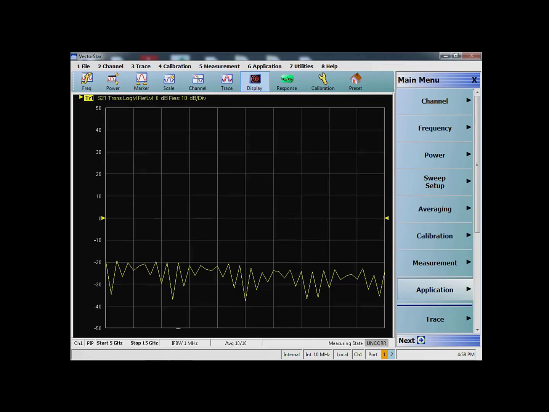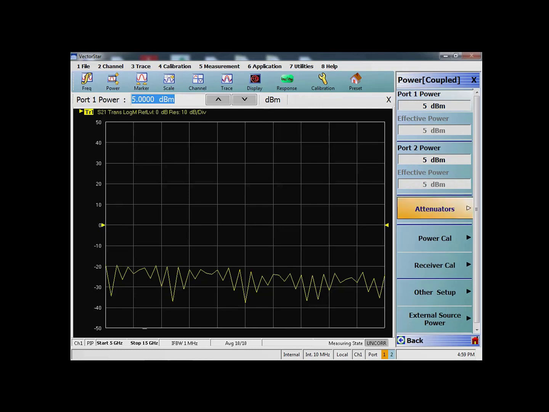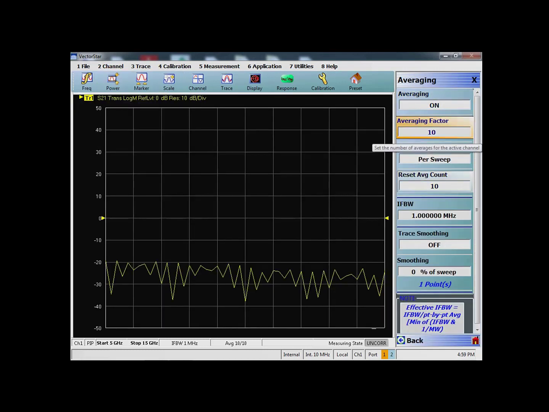I'm already in the pulse profile, so let me now go back, because this is the basic setting only. I mean, I've not done something which is like rocket science. You just have to fix in the frequencies, make sure that the powers are fine, and then also turn averaging on. I've kept an averaging factor of 10 here, and I'm doing it per sweep, and the IF bandwidth right now